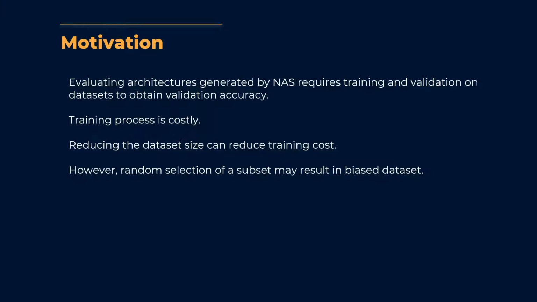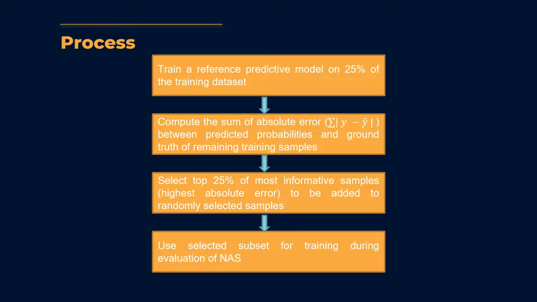Thus, I propose an approach whereby the most informative samples are selected. The process of active selection is as follows. A reference predictive model is first trained on a randomly selected subset of 25% of the training dataset. The model is then used to predict the class of the remaining training dataset samples, and the topmost informative samples are selected. Informativeness is defined as samples which the classifier is more likely to make an incorrect prediction, which can